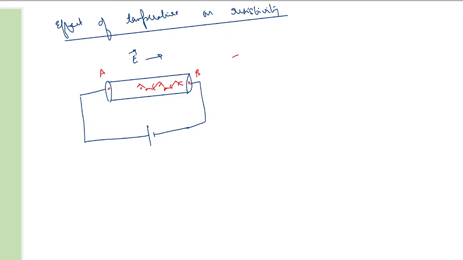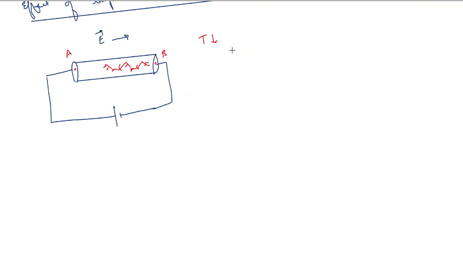Now suppose the temperature decreases. Then the electrons will have fewer collisions. Because when the electrons move faster, they have more energy, and the faster electrons move, the more chance of collision. When the electrons move slower, collisions will decrease. So as temperature decreases, we can say the rate of collision of electrons